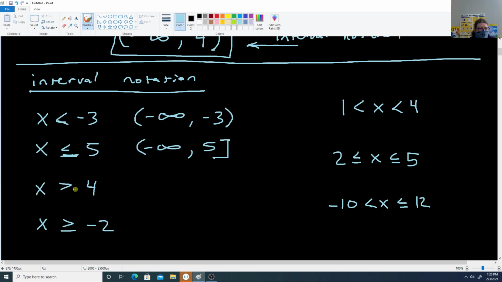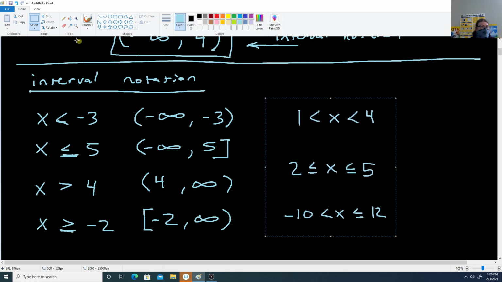Here we have x is greater than 4, so that would be 4 on up to infinity. In interval notation, the smaller expression needs to be on the left, the larger one needs to be on the right. Infinities always get open brackets. It's not okay to equal 4, so we put an open bracket on it. And here we got x is greater than or equal to negative 2, so it's negative 2 on up. Infinities always get open brackets. It's okay to equal negative 2, so negative 2 gets a square bracket. So that's our first kind